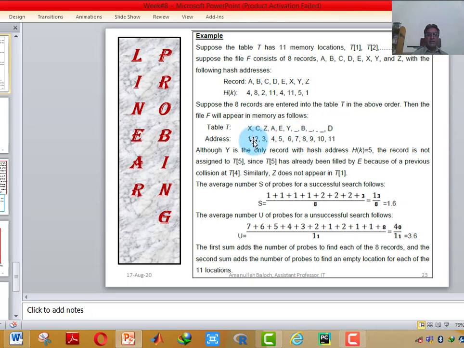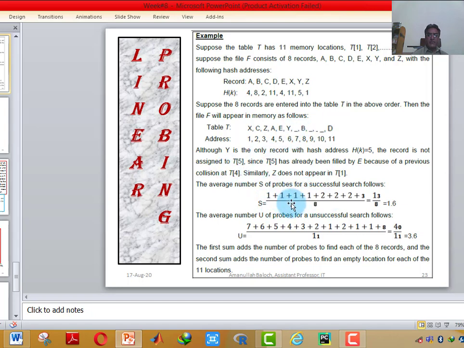The blank location is 7, and its hash address is 1. So 1 is not available, then it will see the second location. It is also occupied, then third, then fourth, fifth, sixth, and then seventh is available. It will store itself here.